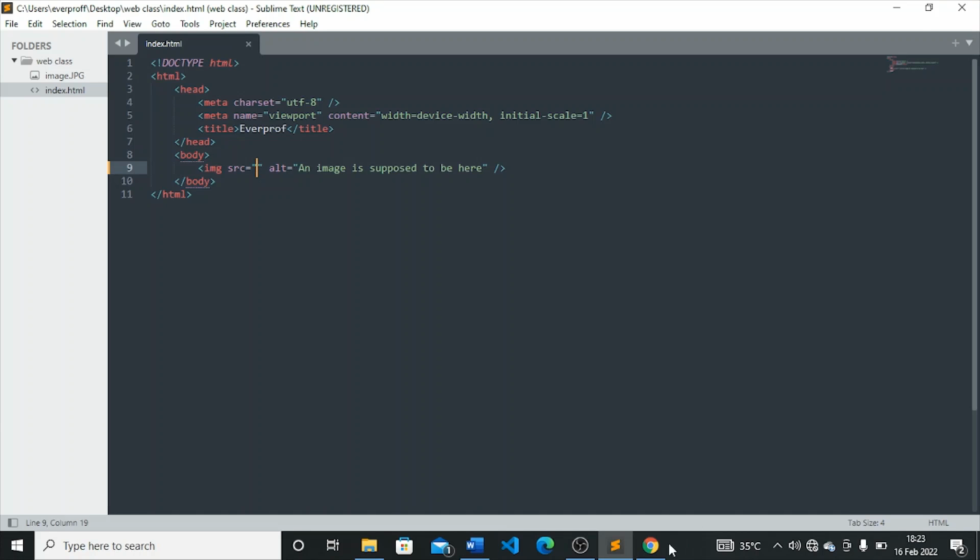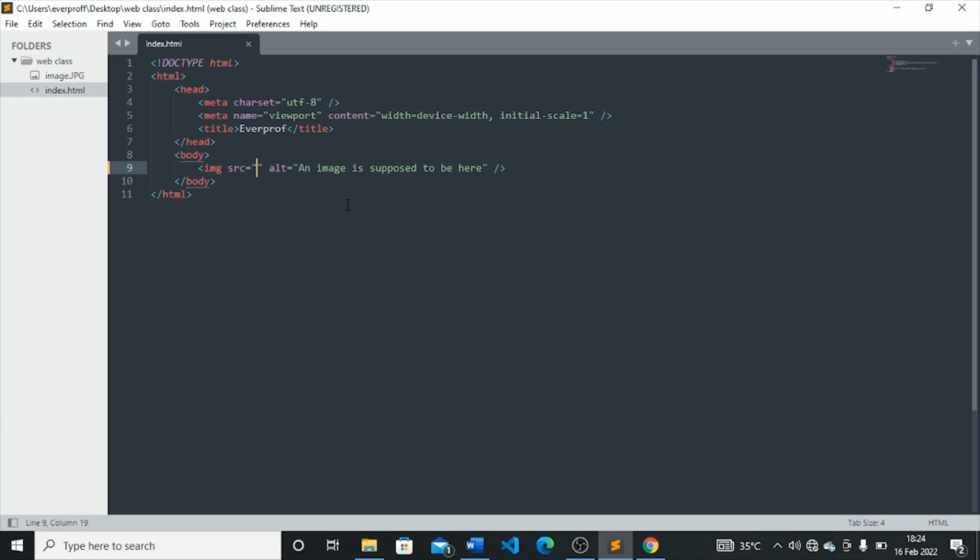Now if your image did not appear and they didn't see an alternative, that means you are not a good coder, you are not a good developer. You're supposed to be a good developer, telling people what's supposed to be here at a particular time. So you have to provide a link that will direct a user or a client, telling them the reason why the image did not appear. Alright,